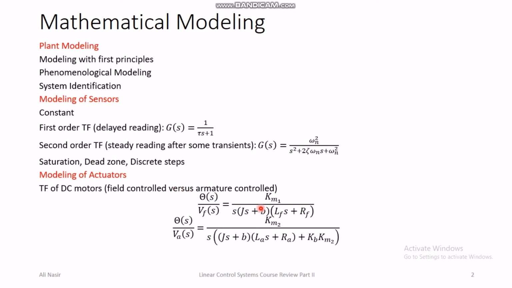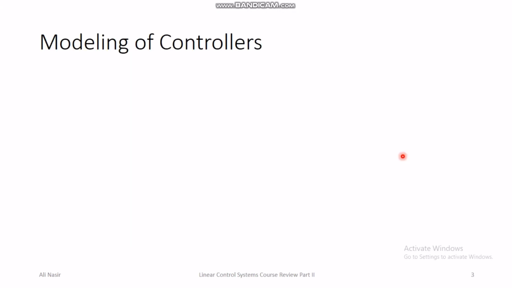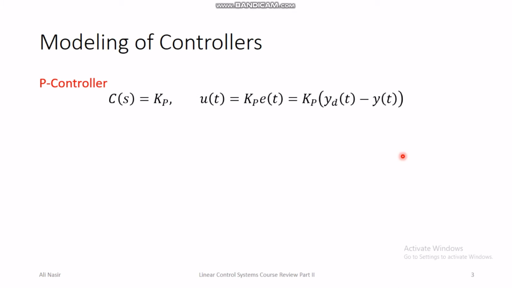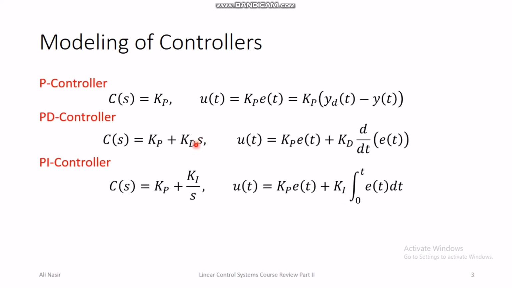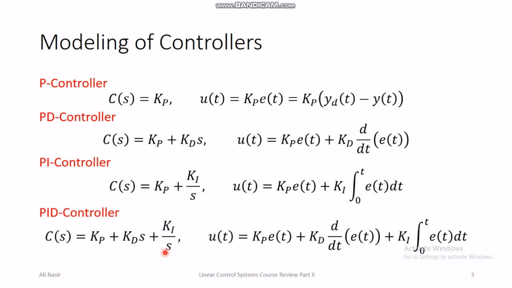Actuators for electrical engineers are mostly field control DC motor or armature control DC motor, for mechanical engineers as well. So modeling of controllers: P controller is modeled as simple gain, and PD controller is KP plus KDS, which is 1 zero in the system. PI controller has a pole at the origin and a zero in the system, so one pole and one zero. PID controller has one pole and two zeros in the system,